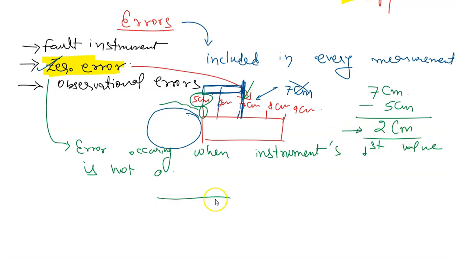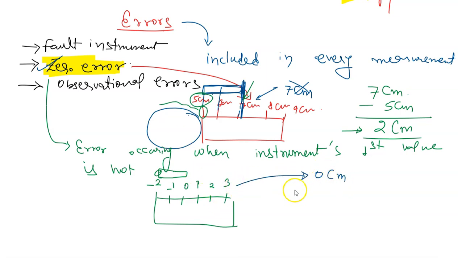Let us say similarly I have another instrument whose reading starts from -2. Now if I put that same value here, can I say its length to be 0? Of course not. So what I will do, the 0 centimeter which this instrument has recorded, I will subtract the initial value, right? Here also I subtracted. So minus of -2, that means it will be +2 centimeter. So what we are observing, this 5 is the zero error here, -2 is the zero error here.